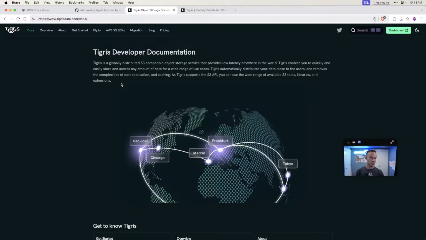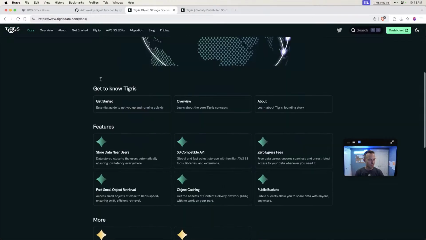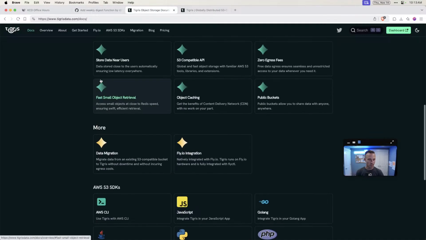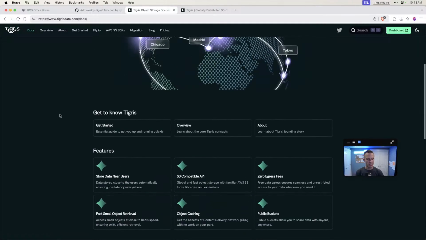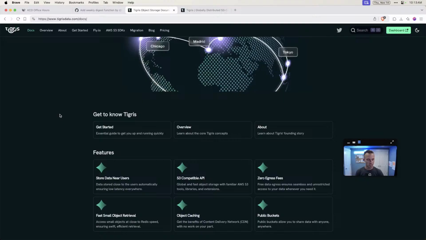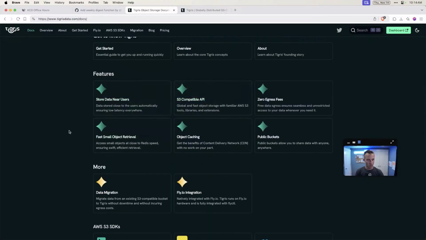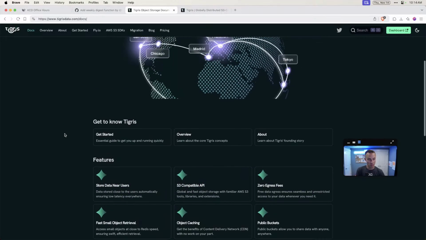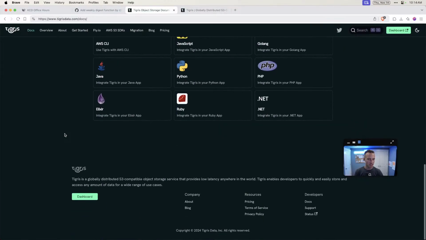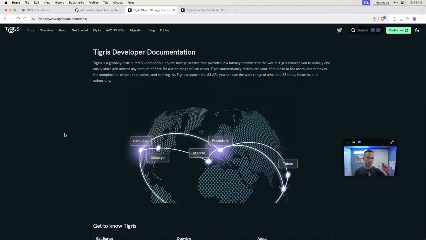Tigris is the way to do the images. It has really nice integration with Fly, and you just use whatever S3-compatible thing. I think I'd probably avoid an SDK if we can. Just have a little utility file that saves something in the object storage, and then you get a URL, and then you stick the URL in the database, and now you're good. So that's what I would like to do.